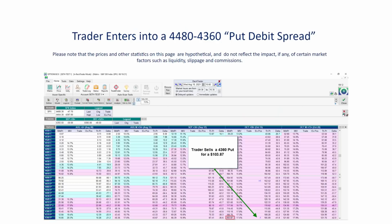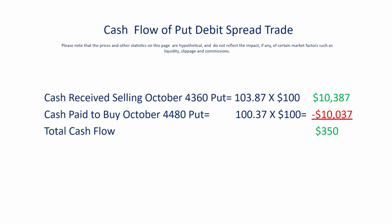And so if the trader were to, at that point, sell the 4360 put that expires on the same day as the 4480 put that we already own, then he would be entering into what options traders refer to as a put debit spread. Now, let's drill down into the cash flow of this trade so you'll understand the significance of what just happened. So as we just said, we received $103.87 for selling that 4360 put after the market